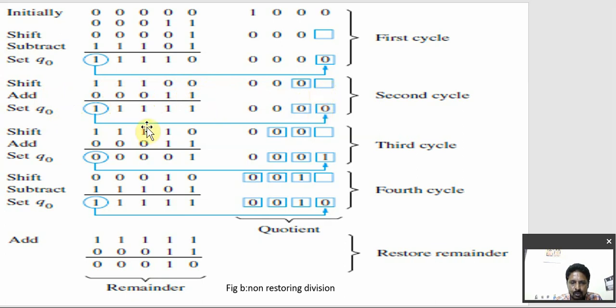The second cycle is over. Next, the third one: shift, add, set q naught. Whenever we have this value, we want to add the value of M, and we will get the value. Again we will perform a shift. Next, shift and subtract, set q naught.